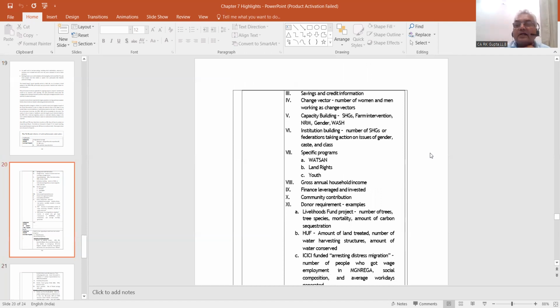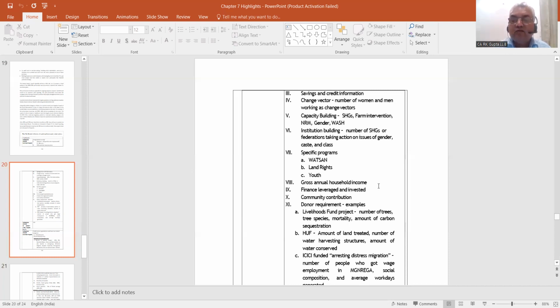Saving and credit information, then change vector, number of women and men working as change vectors, capacity building, self-help groups, farm intervention, then this NRM, gender, WASH, institution building, number of self-help groups or federations taking action on issues of gender, caste and class. Then there are specific programs, such as land rights, youth, gross annual household income, finance leveraged and invested, community contribution,